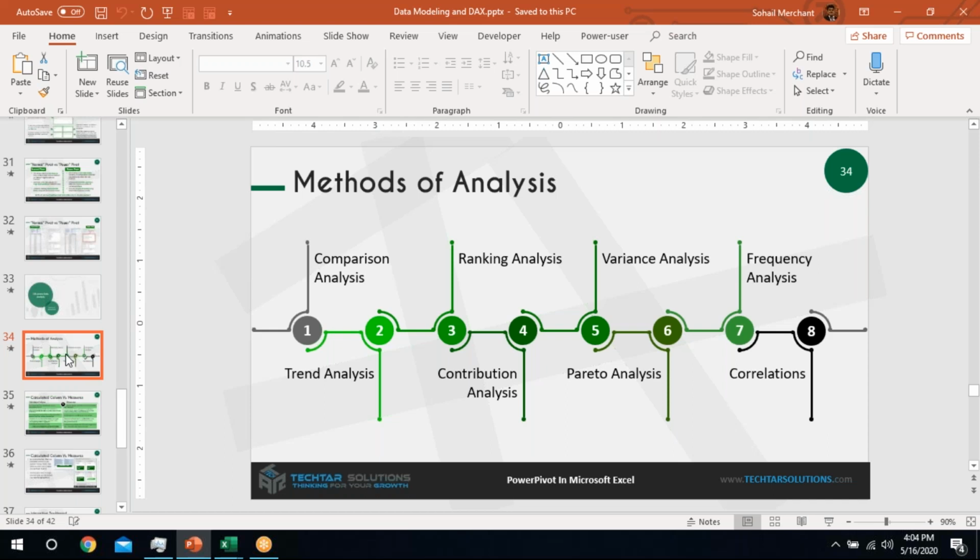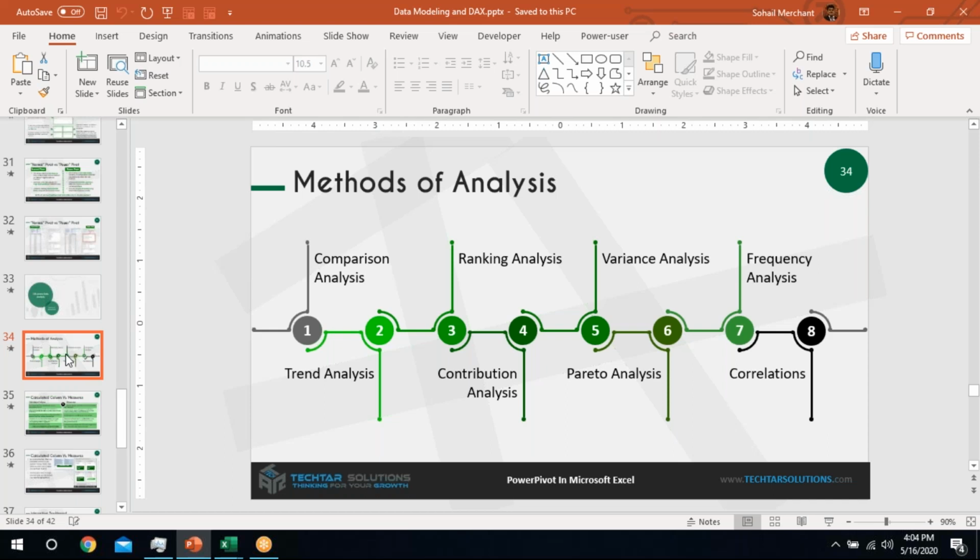Number one is comparison analysis. The comparison analysis allows me to make analysis between two variables. For example, how many cars have been sold in a particular year compared with the last year, right? So this is the comparison analysis.